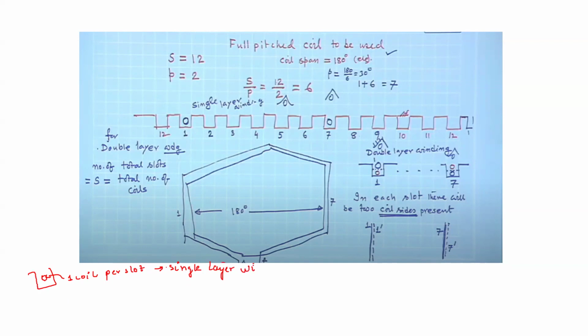This is very significant because when I'm drawing the distribution of the windings table, depending on whether you have one coil per slot or two coils per slot, that table will vary. That is why I'm discussing this again. Here you may also have two coils like this. So you have two coils per slot. This is double layer winding.